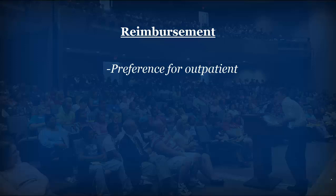So we also see some changes that have occurred in our reimbursement structure to our capitated payment system. So we have fee-for-service where services are paid as they occur. And then we have another type of reimbursement called capitated payment systems where insurance companies pay in advance a set amount of dollars based on how many patients are seen at a practice or hospital. And so we've seen changes to that kind of structure that's really necessitated the reasoning and the preferences for these third-party payers to pay more outpatient or to prefer outpatient rather than inpatient because of the